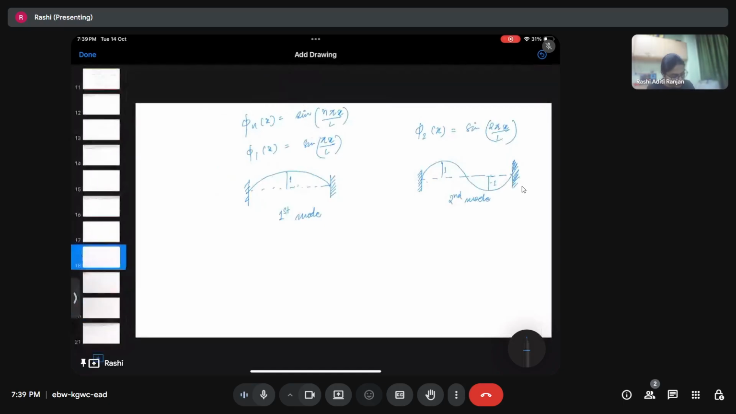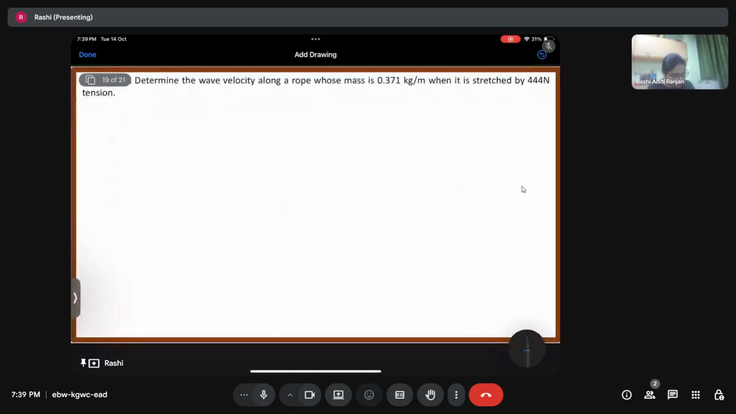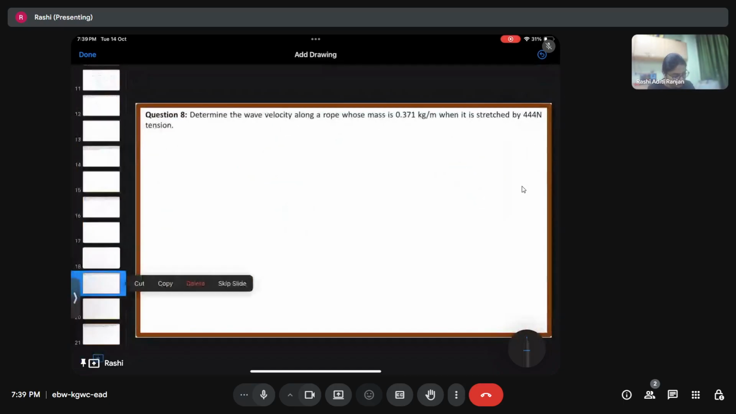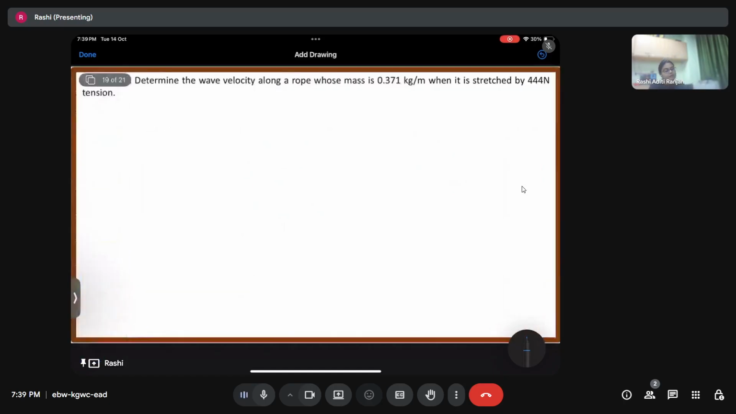Now we'll come on to question number 8. Here we have to determine the wave velocity along a rope whose mass is 0.371 kg per meter when it is stretched by 444 Newton tension. So basically for a rope, we define the wave velocity V as nothing but under root of T by mu,